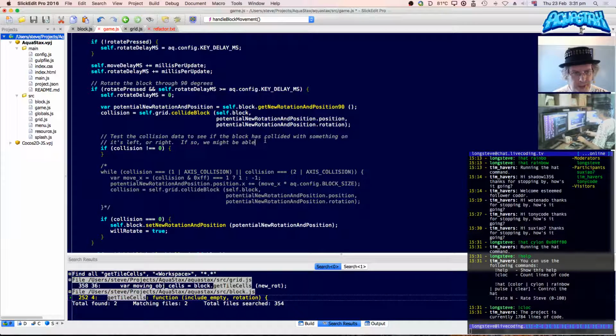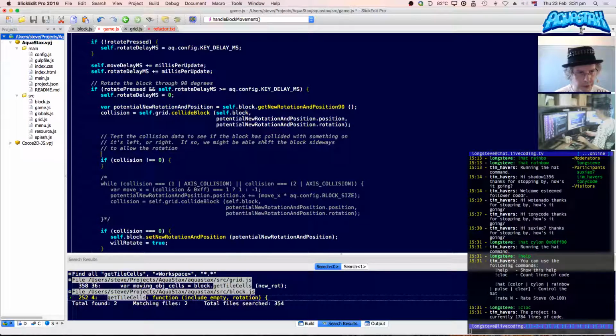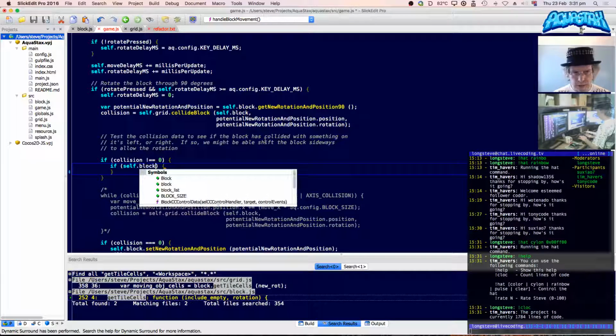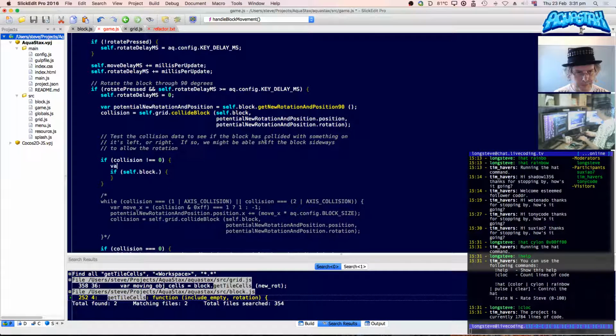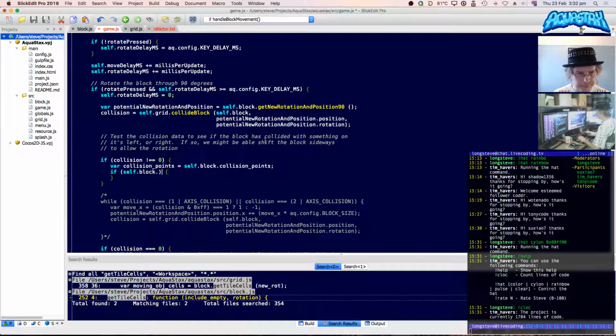So, we might be able to shift the block sideways to allow the rotation. Okay, so this is what we want to do. If collision is not 0, then collision points equals self.block.collision_points.